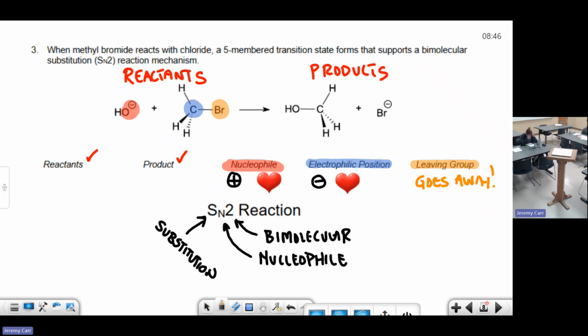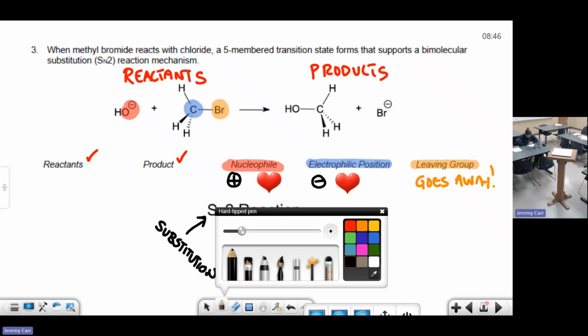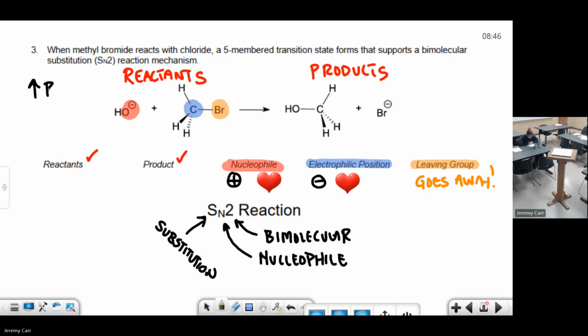All right, so let's look at this whole transition state thing that's happening here. We know the nucleophilic position, the oxygen atom, is reacting with the electrophilic position, the carbon atom, and then Br is going away. So what's actually happening in this chemical reaction? Now, we also know something else too. Thermodynamically, we know that the reactants are very reactive. In other words, they have very high levels of reactivity.